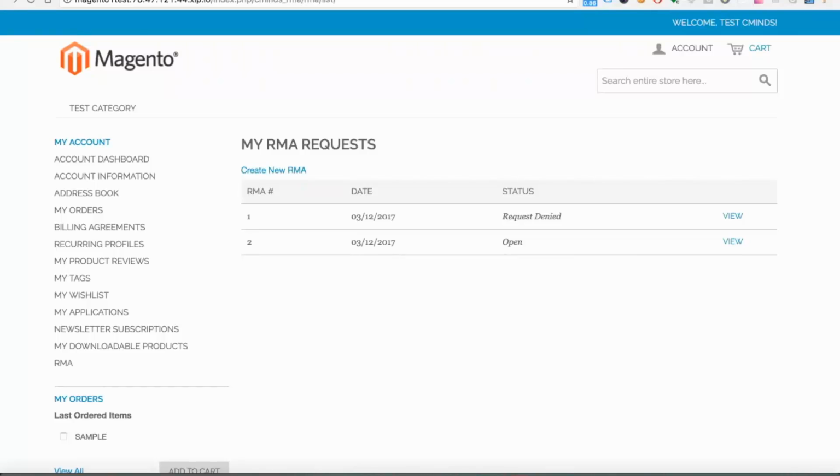Today I'm going to show you the RMA extension, or the Product Return RMA extension. This extension allows you to manage a return system on your store, providing customers a simple way to request a return, managing the return request. Let's take a look. After installing the extension, on the customer account on the front end, there will be an